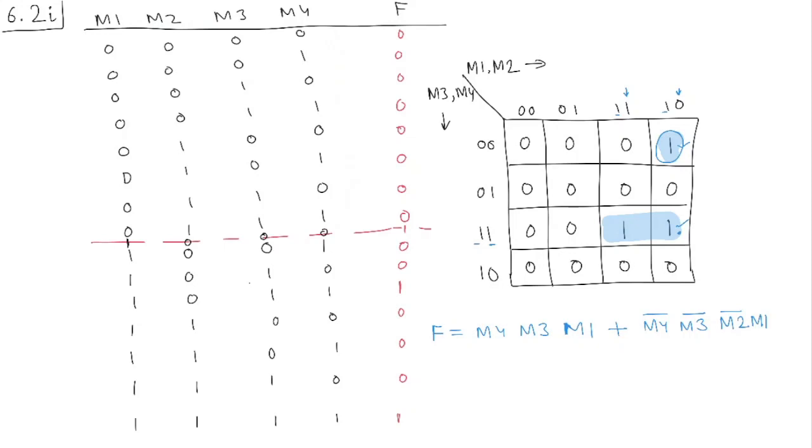And now what we want to do is implement this function using 2 input AND gates. So our f, let's just write it again very quickly, is M4 M3 M1 plus M4 bar M3 bar M2